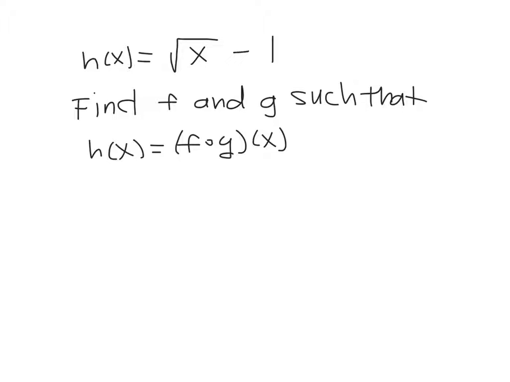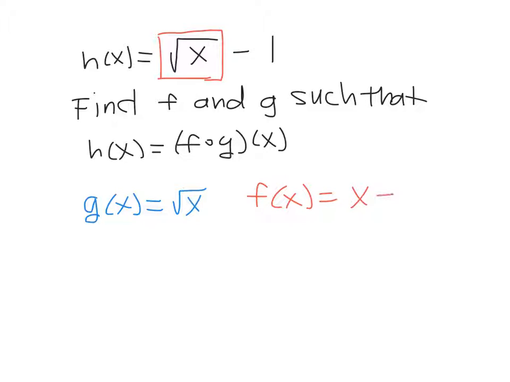So if we take a look at our original function, we see the x is in the square root, and then we're subtracting that 1. So if we take this square root of x and we treat that as a function, we can say that it is the inside function. So g of x would be the inside function, and we'll just call that square root of x. So that would mean that f of x is